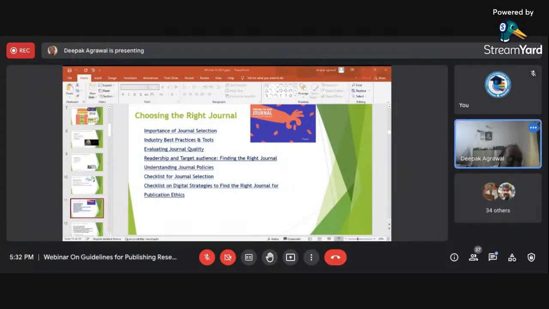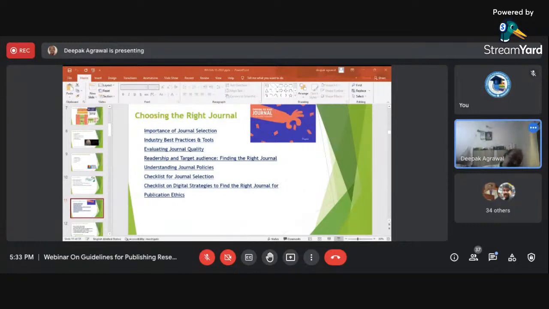By looking at your publication, if the industry feels that your paper is sound enough, it may provide you funding opportunities. So always try to locate for it. Third, evaluate general quality. There are certain criteria to be evaluated, which we are going to discuss later. Then we must focus upon the readership and the target audience.